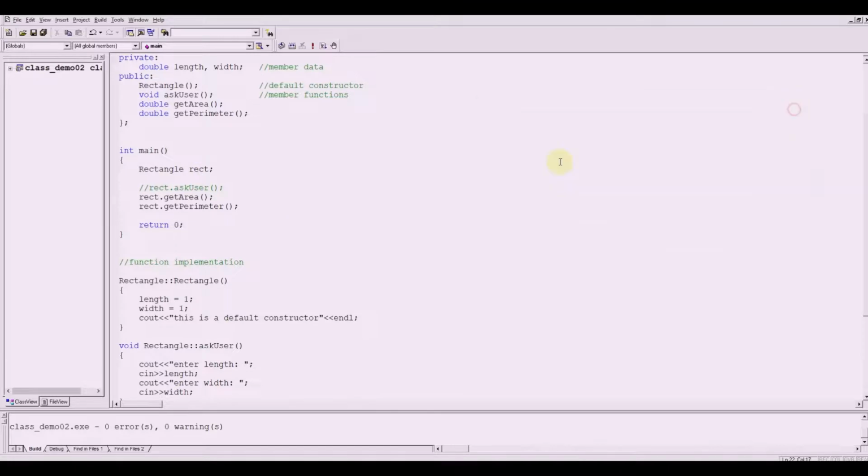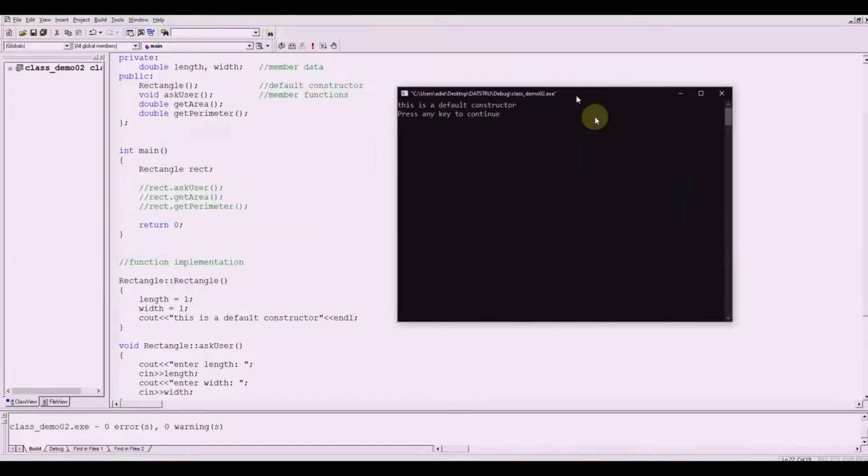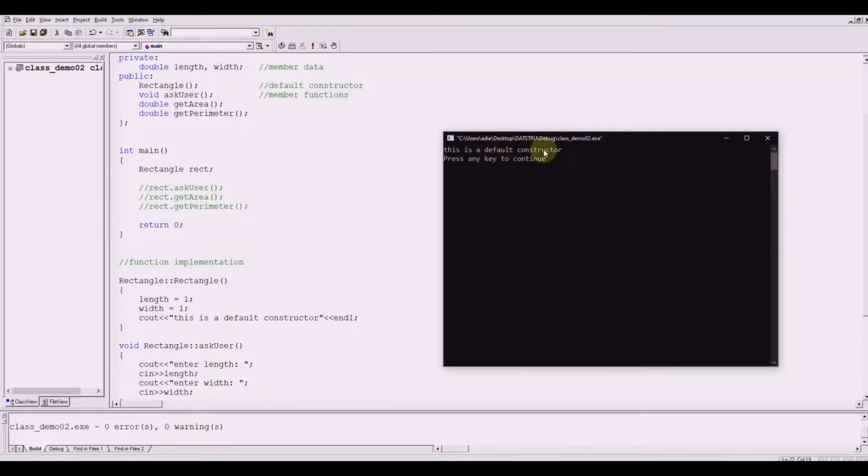Now let me comment this out so that you just see a default constructor. So we just define an object rect, and this will automatically call a constructor. So we have here, this is a default constructor. Run it. See this? This is a default constructor.